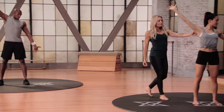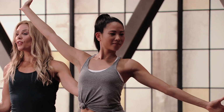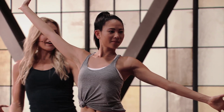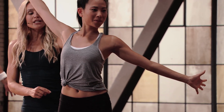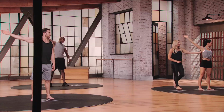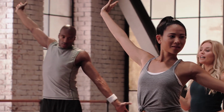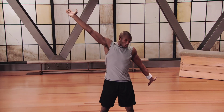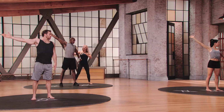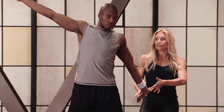Take a big inhale, you're gonna hold the breath for a count of 1, 2, 3, 4, 5. And now as you exhale, you're gonna imagine squeezing a grate between your shoulder blades behind you. That's it, let's find the breath. Take a big inhale, everybody, breathe in. Good, pause, hold your breath. It feels like you're holding longer than you actually are. And then as you exhale, you're gonna think about squeezing those shoulder blades together